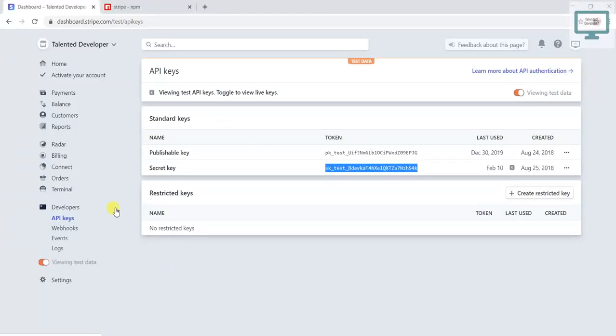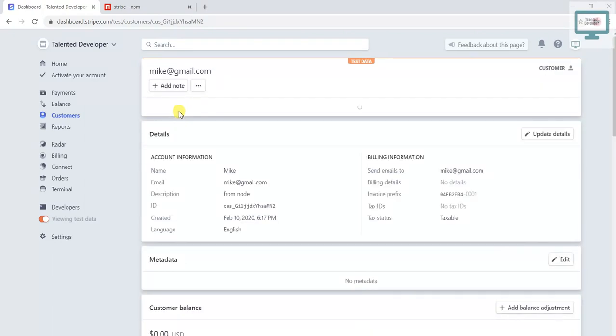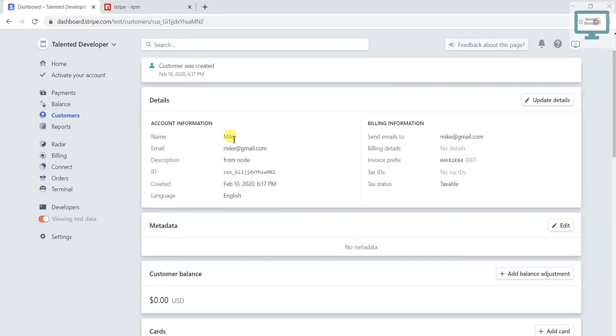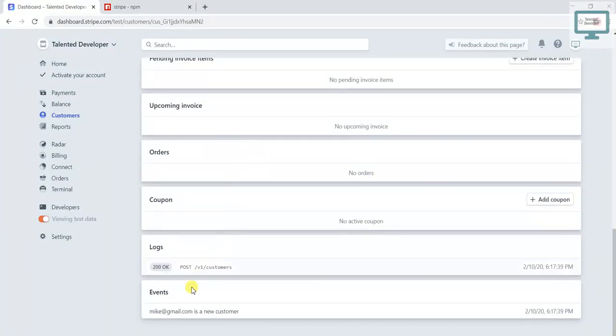If you go to your Stripe dashboard and just click on customer, here if you notice, we just created it from the node. I have more customers, which are old customers. I also have a tutorial in Java, so I'm also going with all these things. So if you open this one, you can see name is Mike, this is the email, this is the description, this we have done. And if you scroll down, you can see what was the event we created,